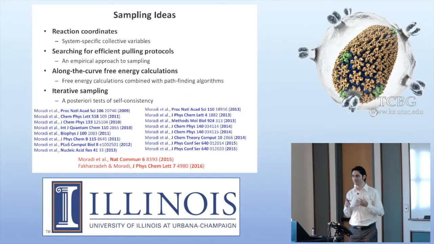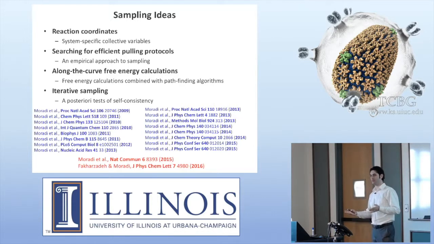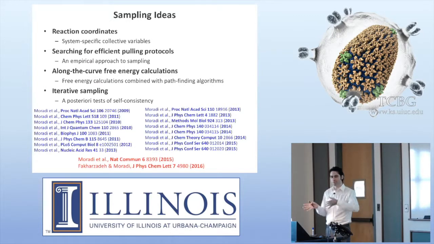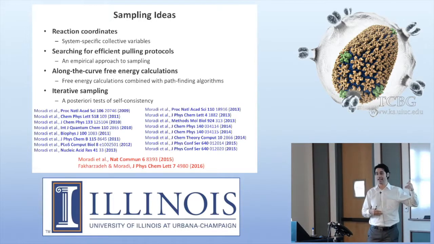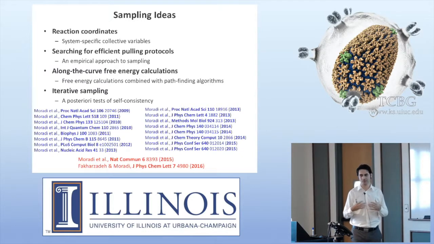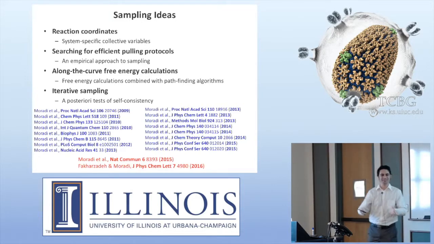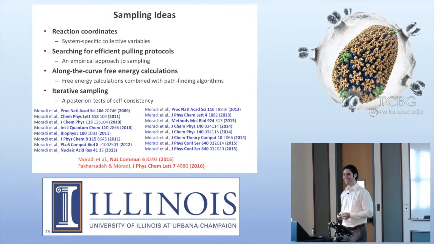So if you know your system and you use the right collective variable, it's a lot more important than using the right enhanced sampling technique. The sophistication of your enhanced sampling technique is not going to cover your ignorance about the system that you're working with. And this is the problem that we have, because